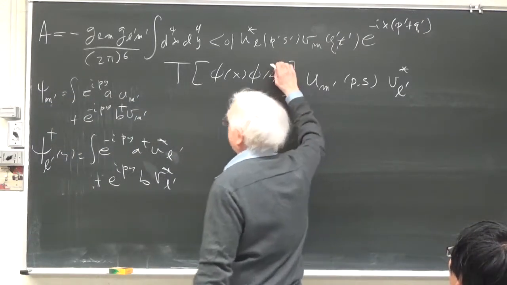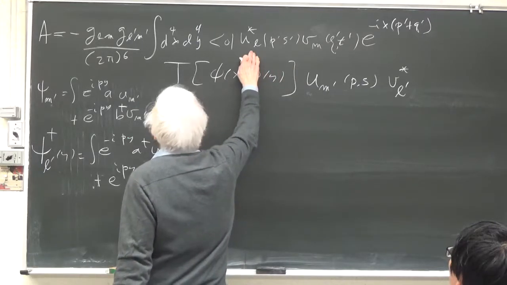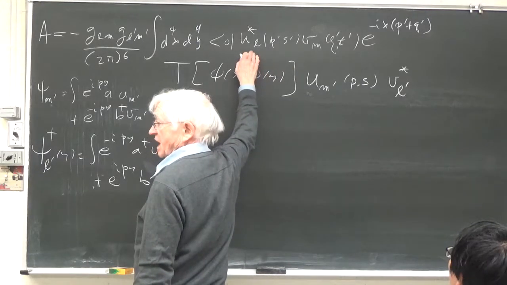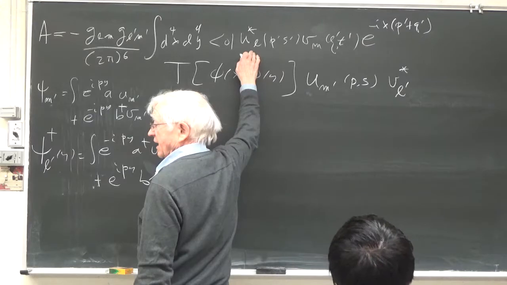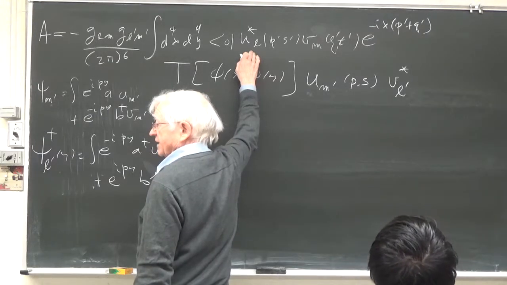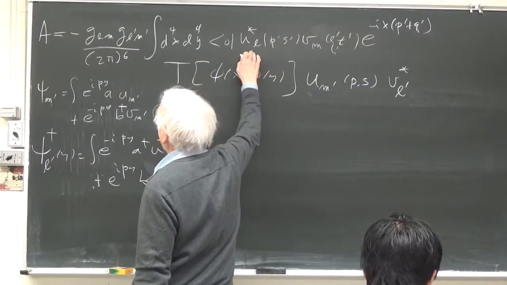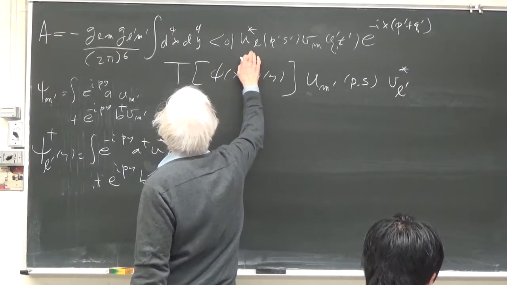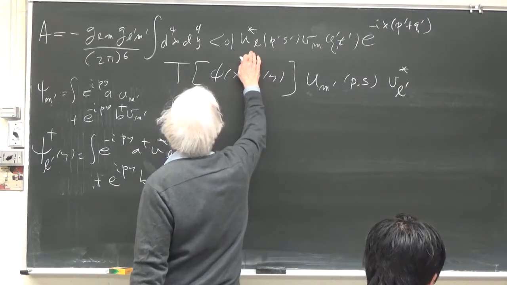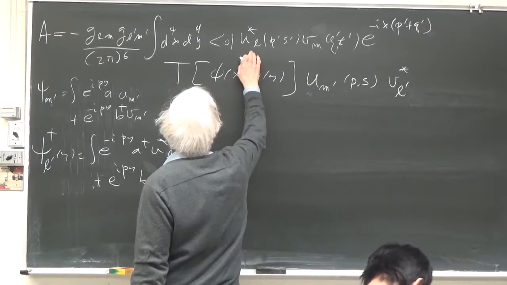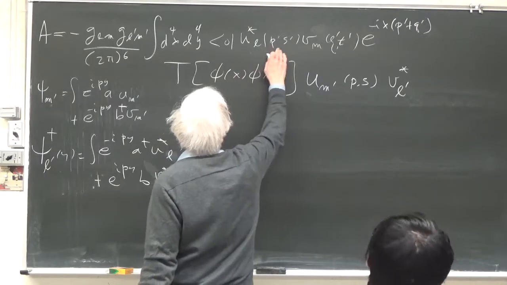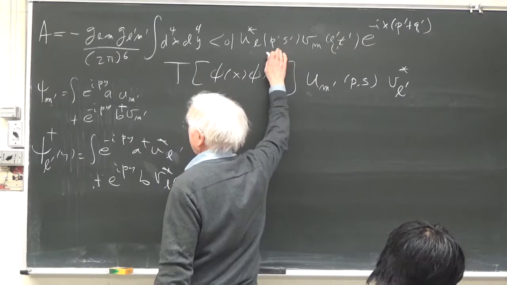And let's just check this one. Here we have psi dagger L, and that creates the outgoing fermion,